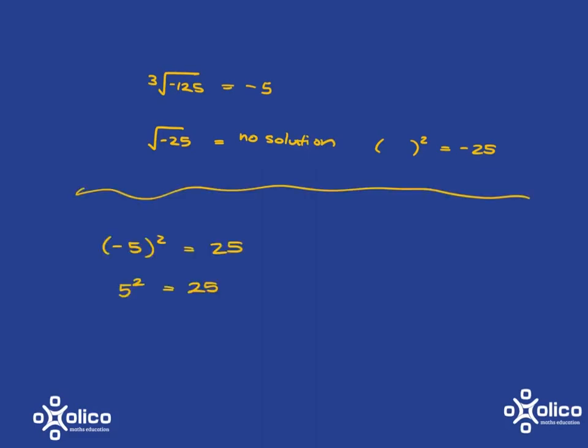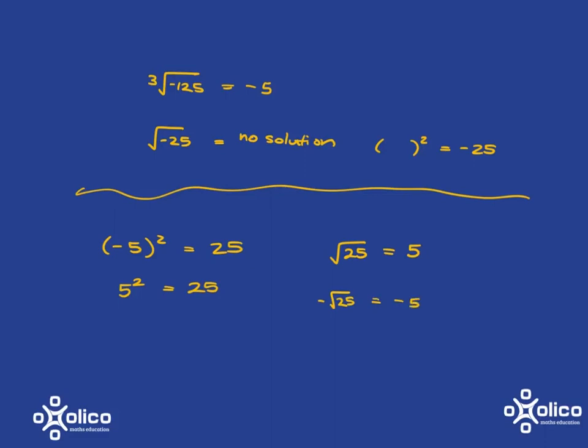The other thing to take note of when we're talking about square roots is, look, negative 5 squared is negative 5 times negative 5, it's 25, and 5 squared is 25. So when we talk about the square root of 25, actually we could possibly give either 5 or negative 5 as the answer. But we didn't want to have that confusion in maths with one thing having two answers, and so we very deliberately say the square root of 25 is just the positive answer 5, and if we want the negative answer, we say negative the square root of 25,